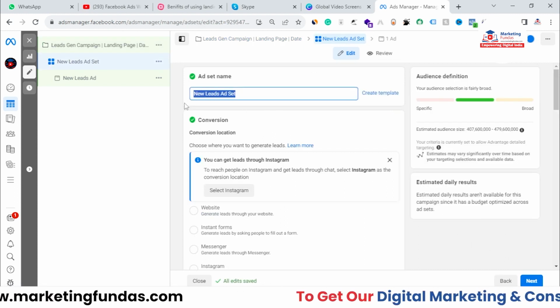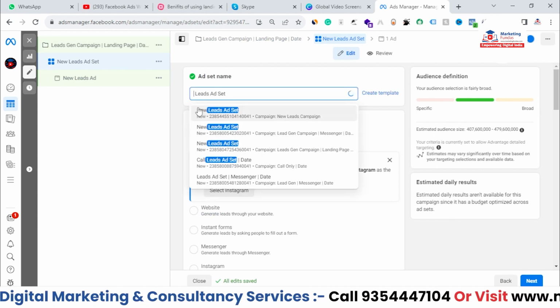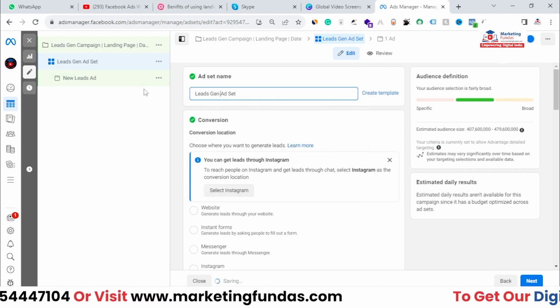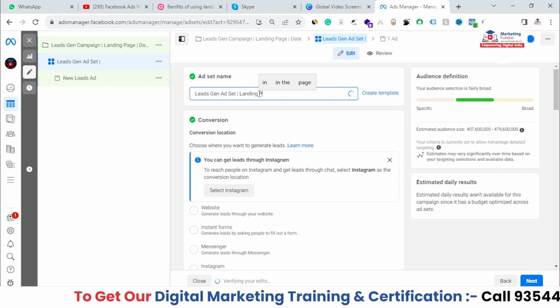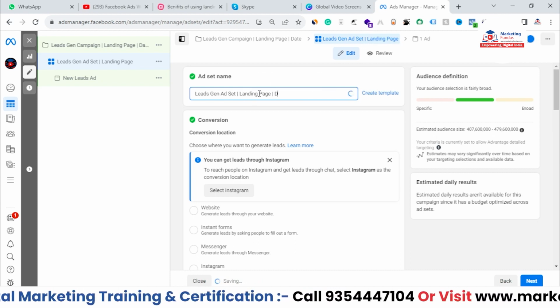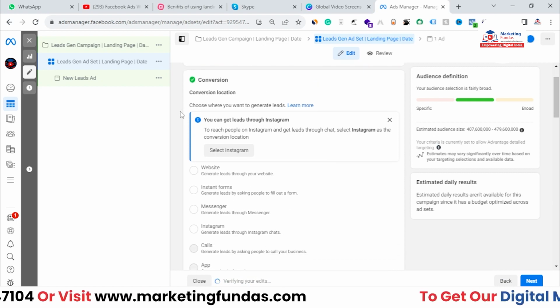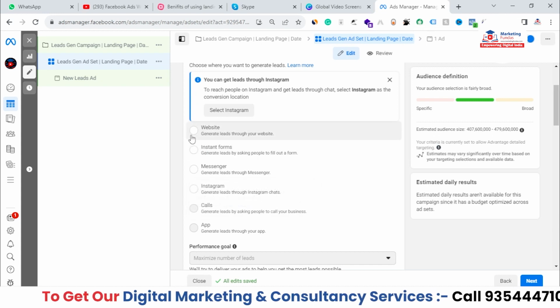and we are into our ad set level. Here you can set your name first. So again, I'm adding lead gen ad set, and here I'll be adding landing page and again date, right? This is the name I have given, and here in the conversion part I'll be selecting my website,